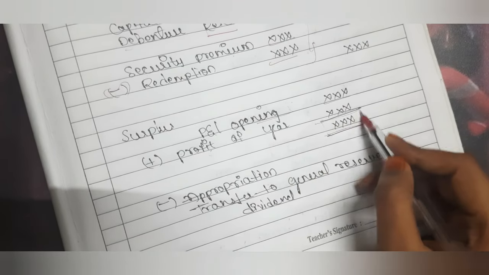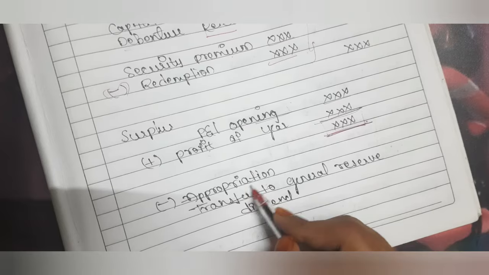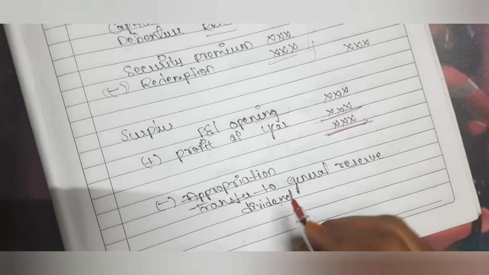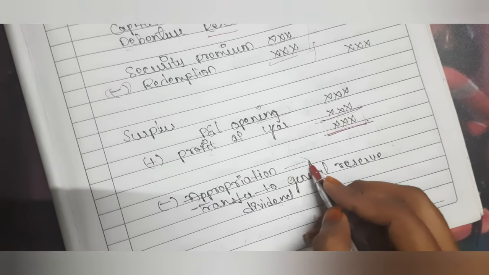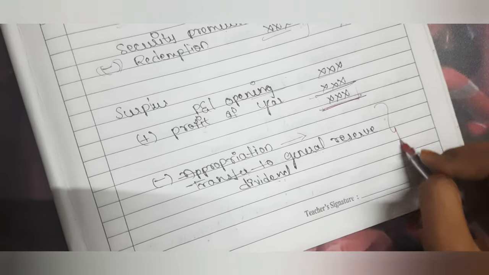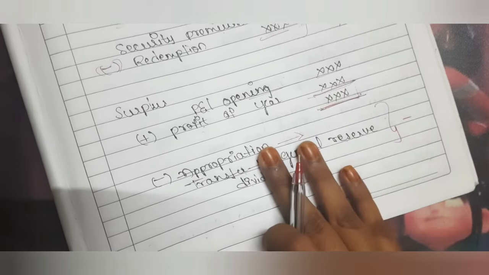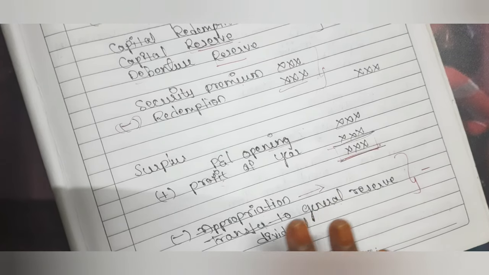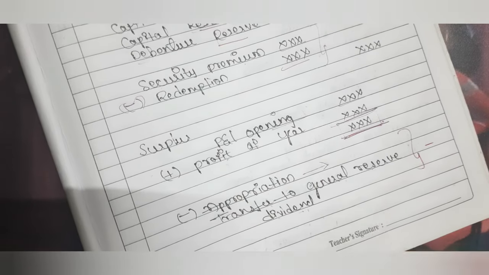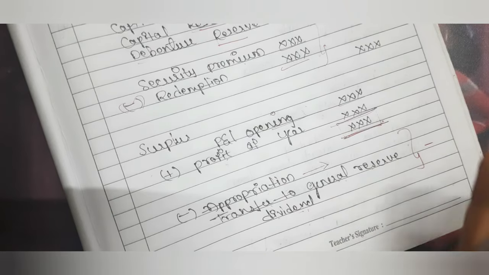वो लिए तो अमाउंट आता है एक। इन दैट अमाउंट अप्रोप्रिएशन और ट्रांसफर टू जनरल रिजर्व डिविडेंड अपन लेना है। याद रखो, अप्रोप्रिएशन लेना है फिर ट्रांसफर टू जनरल रिजर्व डिविडेंड लेके इन दोनों को माइनस करना है। मैं आपको एक क्वेश्चन समझाती, उसके बाद आपको समझ में आ जाता मैं यहाँ पे क्या बोल रही। खाली ये आप लोग ये देखे तो समझ में नहीं आता, बस ये याद रखो कि अपन को कौन सी चीज़ कहाँ पे करनी है। एक क्वेश्चन समझा दिए तो यू विल बी इजीली गेटिंग व्हाट आई एम ट्राइंग टू से।